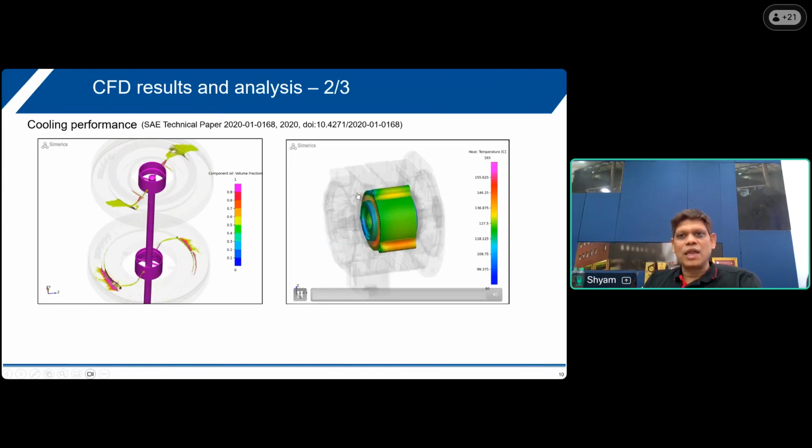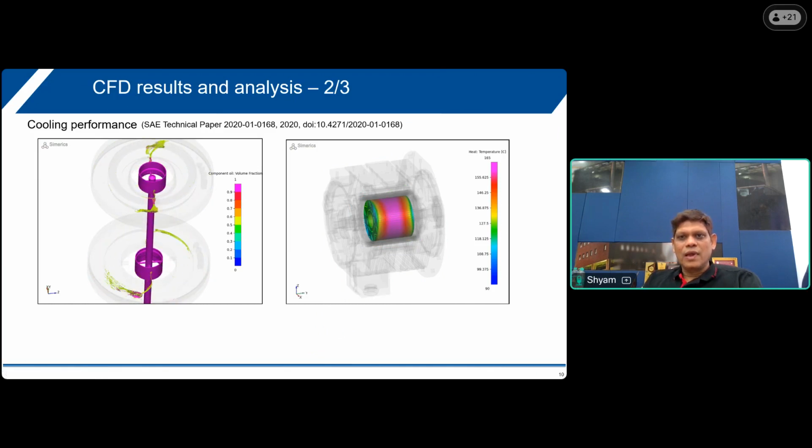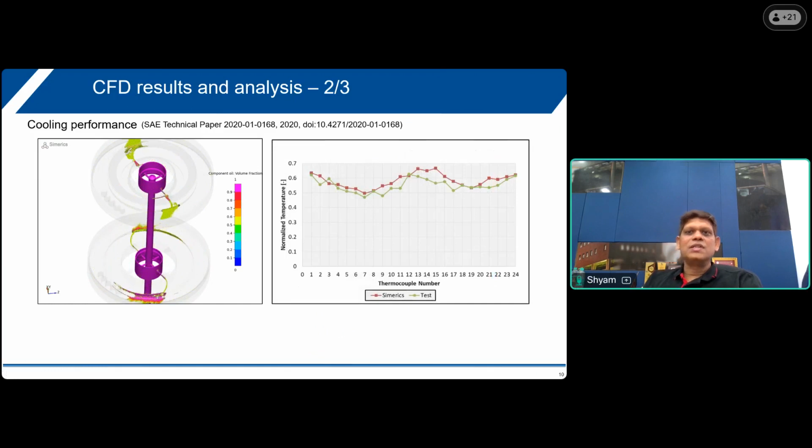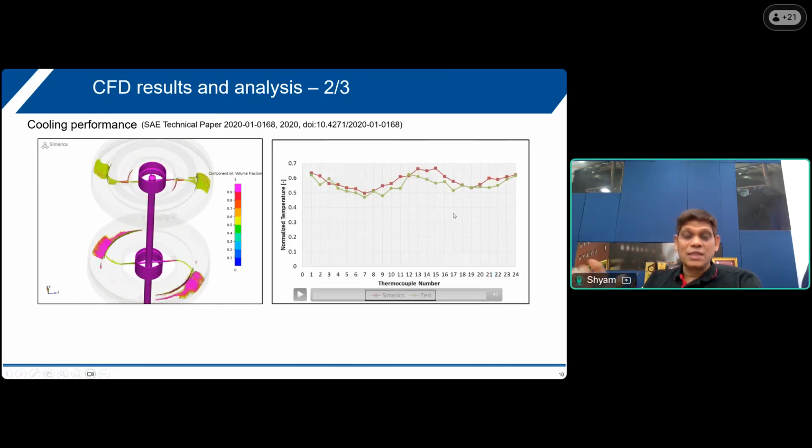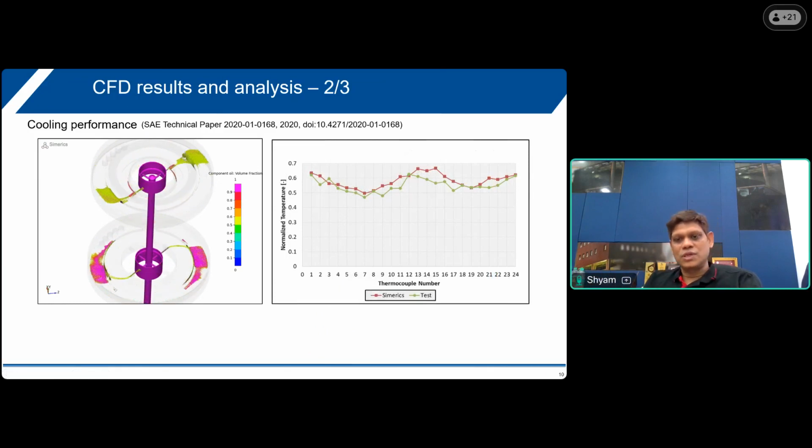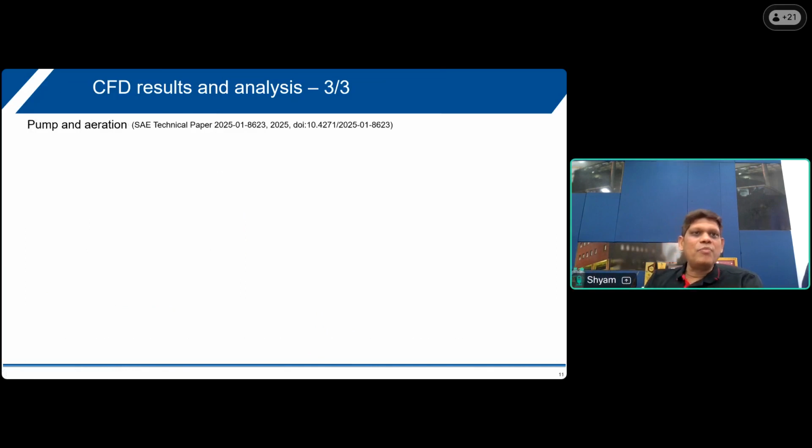You can see the overall stator casing, the stator windings, and the inside rotor. Moving forward, this is the temperature comparison we got across different thermocouple points lying on both the stator and the rotor. Okay, moving forward, I have another case, which is the pump aeration and